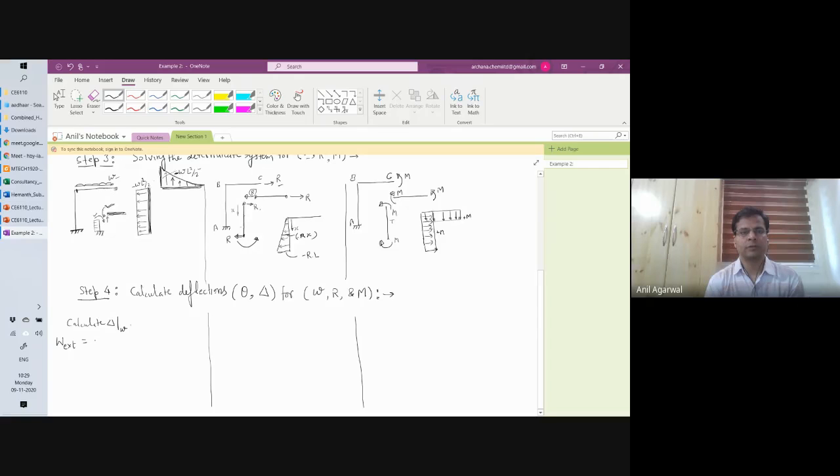So how much work will it do? R, I'll call it 1, multiplied by delta due to W. So however much delta takes place because of W, that multiplied by 1 is my virtual work. The virtual work method employs the theory of energy conservation or energy equivalence. So W external will be equal to the strain energy of the system, and the strain energy U will be an integration of